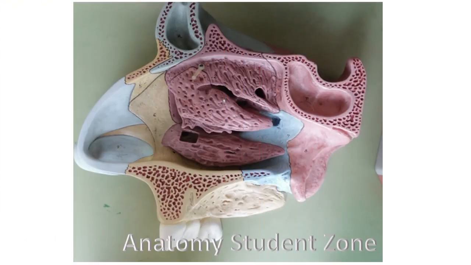So now I will cover in a traditional way the detailed anatomy of the lateral wall of the nose that is asked in exams. First you should know about the bony framework. Second, you should know about the nasal conchae or turbinates, what these are. Then we will cover the meatus, and at last I will cover the osteomeatal complex and the mucous membrane that covers it and its clinical significance.